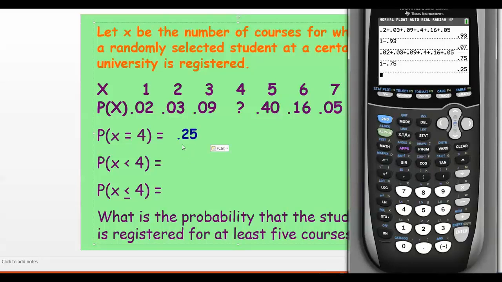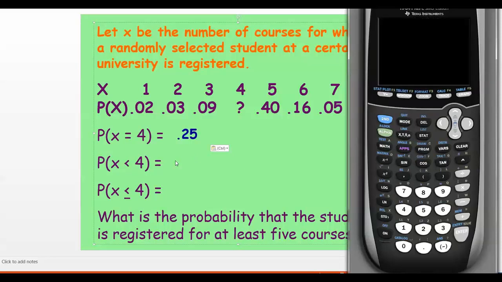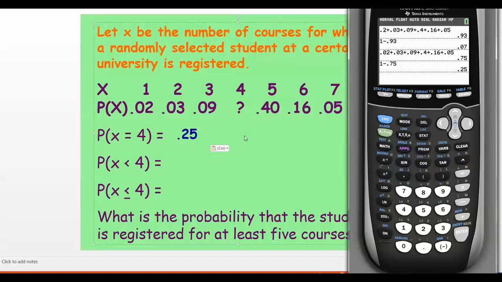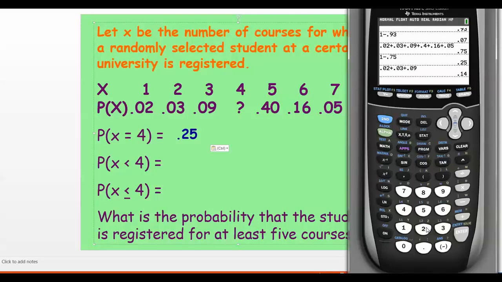Okay, the next question is what is the probability of something being less than 4? So what's the likelihood that a particular student is taking less than 4 classes? Well, in a discrete distribution, if I'm less than 4, what numbers do I actually care about? I care about anything less than 4, which is 1, 2, and 3. So I want to take the corresponding probabilities of those numbers. So 0.02 plus 0.03 plus 0.09,